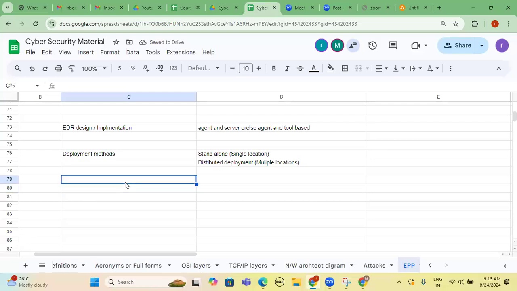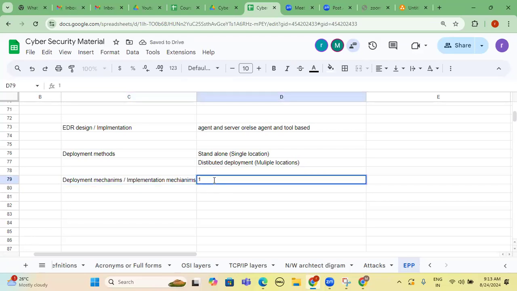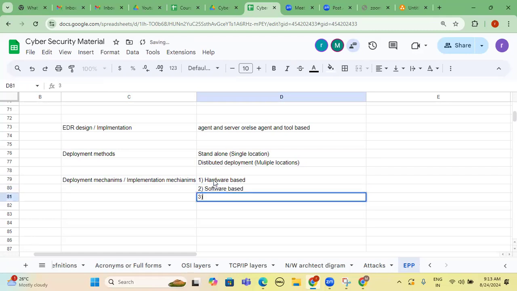So the next one is deployment mechanisms, or implementation mechanisms. The first thing is hardware based deployment. The second one is software based. The third one is SaaS based,